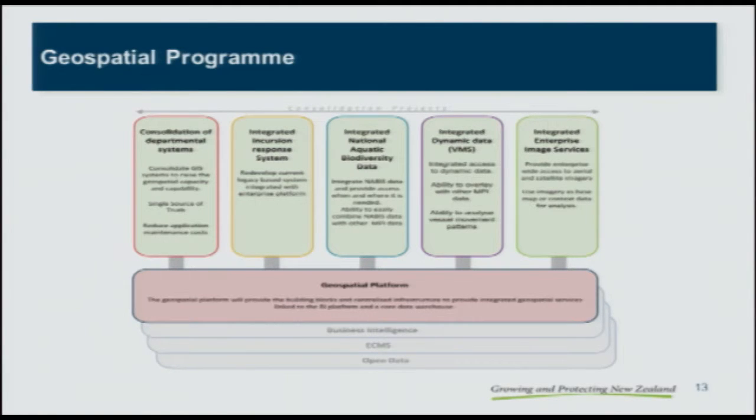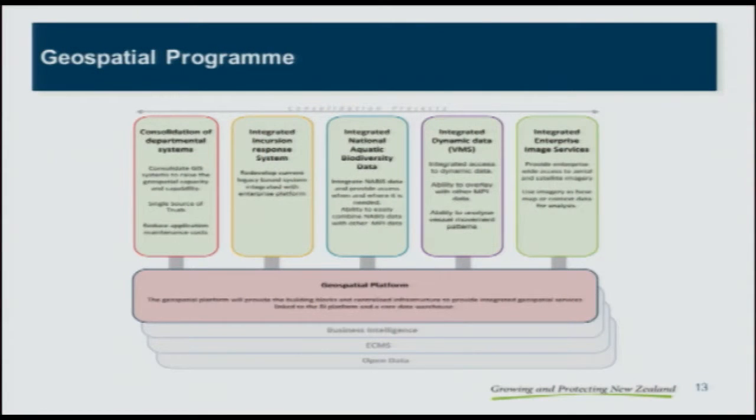Once we've got those building blocks in place, then there's a series of follow-up projects that we need to do to really release the benefits of the project. There's no point just building the building blocks and not doing anything with it. So there's some consolidation of departmental systems. We have the Farms Online system, which has its own database and reference database, the climate change information system, the ETS system. They've all got their own reference tool. So what we want to do is consolidate that with the geospatial platform so that they actually use it,